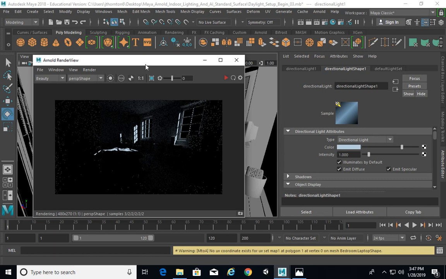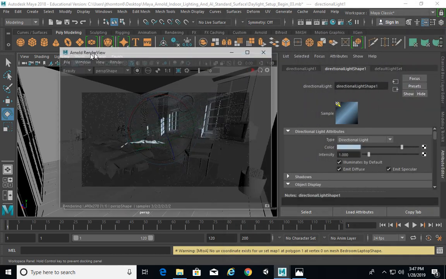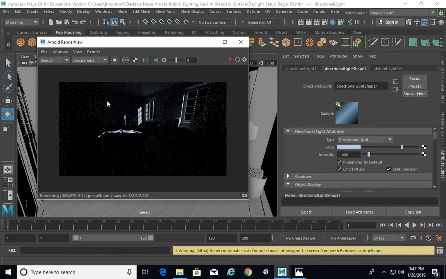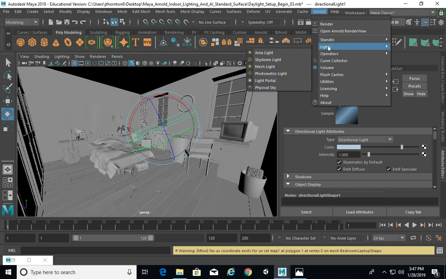Now on a fast computer like mine at home, it's awesome because I have two monitors and I just throw this on the other monitor and I can do everything I'm doing and it doesn't really slow me down. But when you're using slower stuff, you have to learn how to work with that, and that's the case here. So I'm going to turn that off, and then I'm going to create my indirect light source,